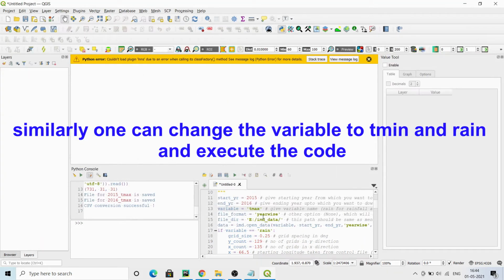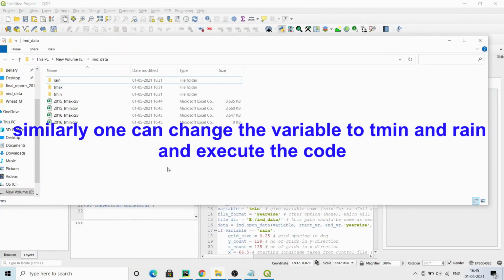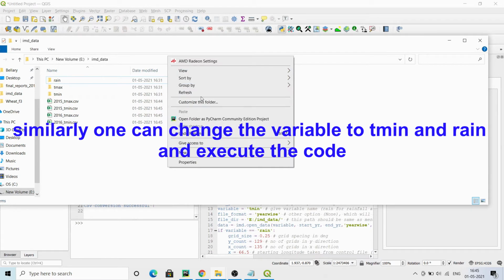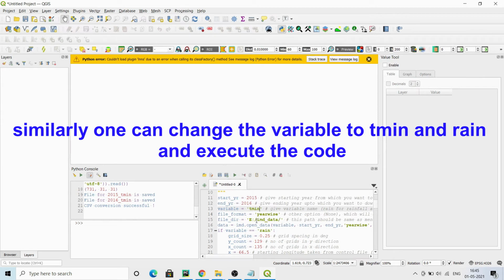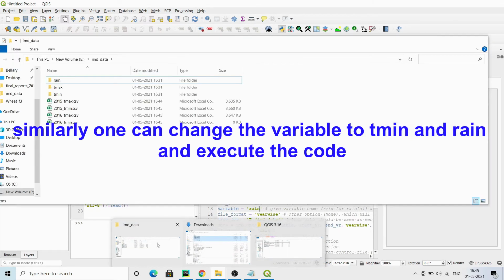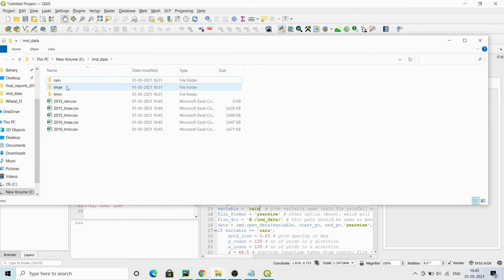Now if you create Tmin here, Tmin has been created, and if you could do rain, it will take some time to create the data. It is creating 2015 rain first, so it's very easy.